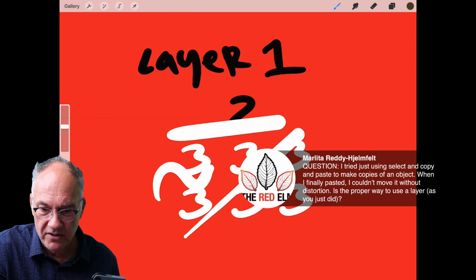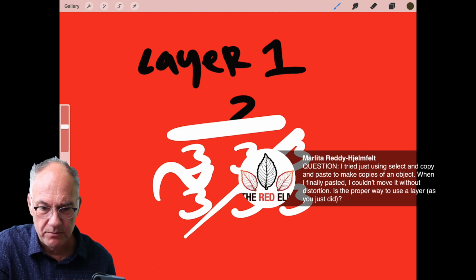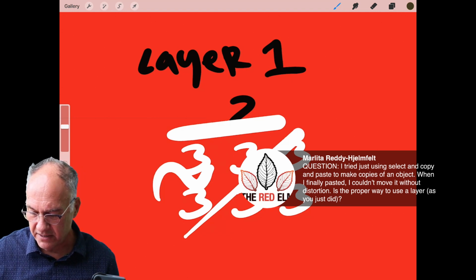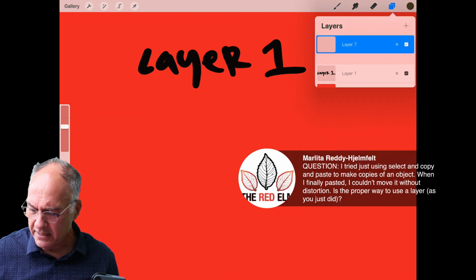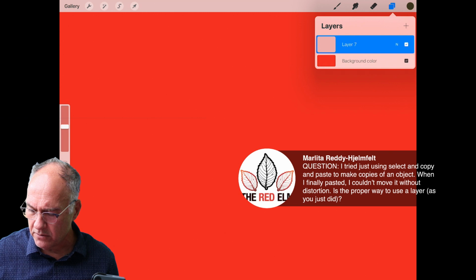I just tried using select and copy and paste to make copies of an object. When I finally pasted, I couldn't move it without distortion. Is this the proper way to use a layer as you just did? All right, I think what you're doing here probably is, when you're selecting it, you're using,